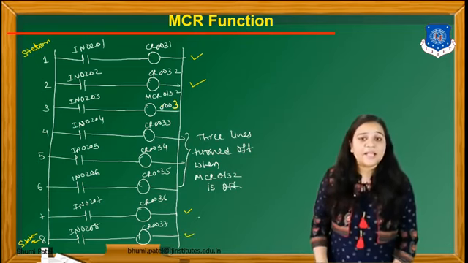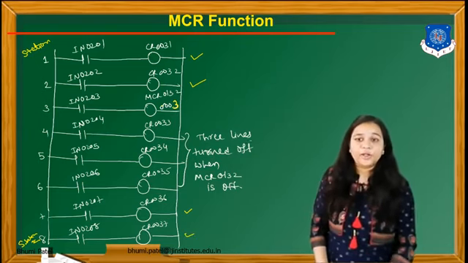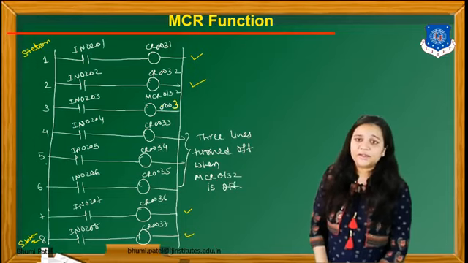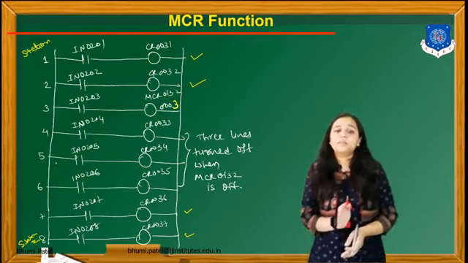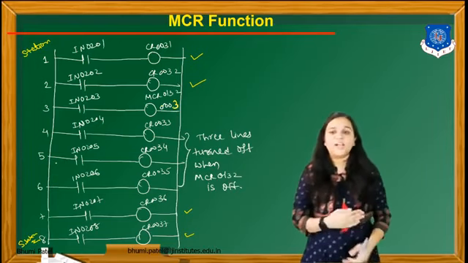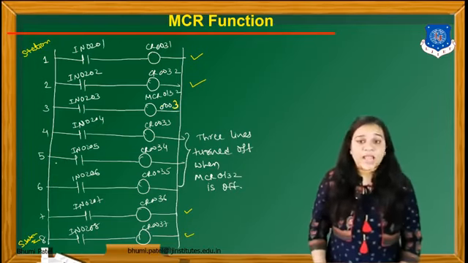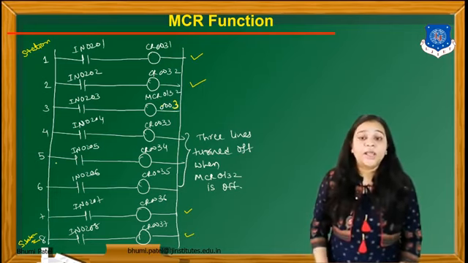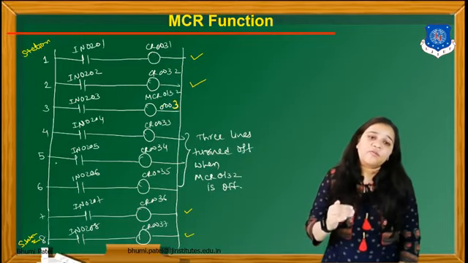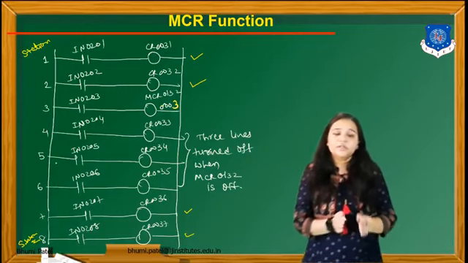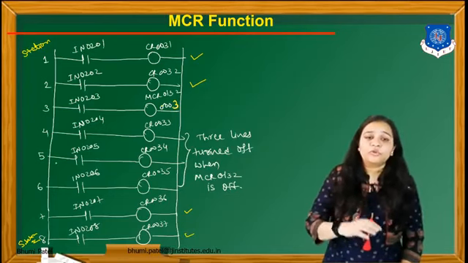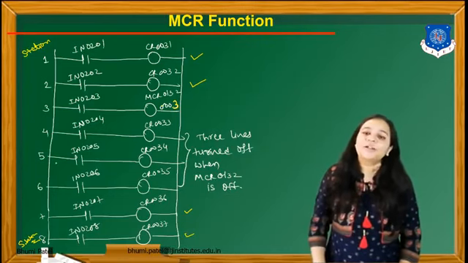Now what is the application of the MCR? Here a conveyor is connected between rungs 4 to 6. Now there is a problem in the conveyor, so we have to repair the conveyor after some time, so we use the MCR function so that rungs 4, 5, 6 will be off for some time, and after that the conveyor is repaired. We have to reinstall the conveyor for this particular program.